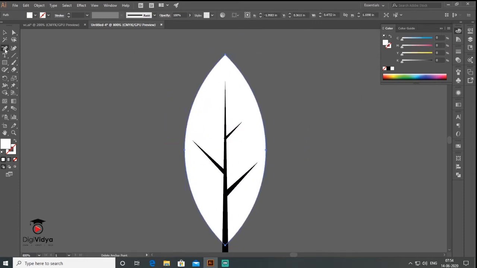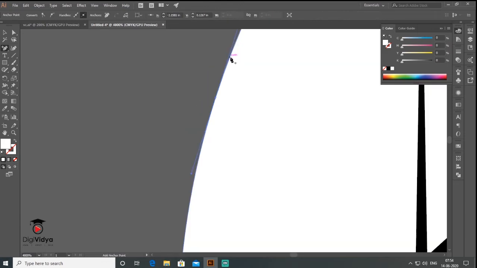Then I have a pen tool. In pen tool I have add anchor point. I just click here, add anchor point here, add anchor point here and one anchor point here. I mean 3 anchor points. The middle anchor point, I select with the direct selection tool and drag this to here. And when you drag, in the control panel there is an option called convert selected anchor point to corner. I just click on it. It looks like a corner and select this one. This is also a corner and here.